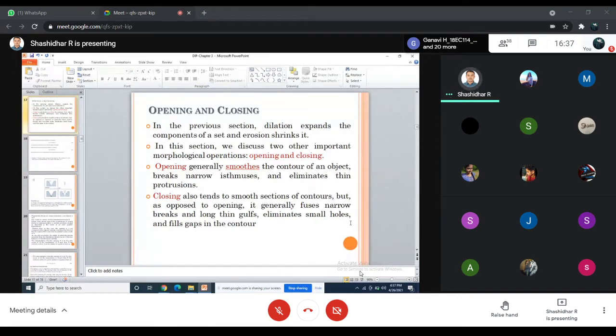Some of the portions are removed. What is closing? It also smooths sections of the contour, but it is opposite to opening. It generally fuses narrow breaks and long thin gulfs, eliminates small holes, and fills gaps in the contour.